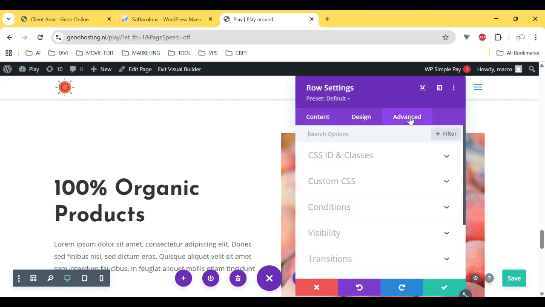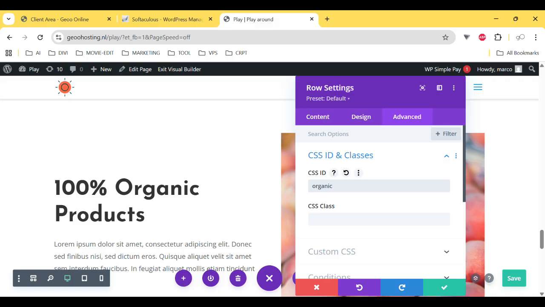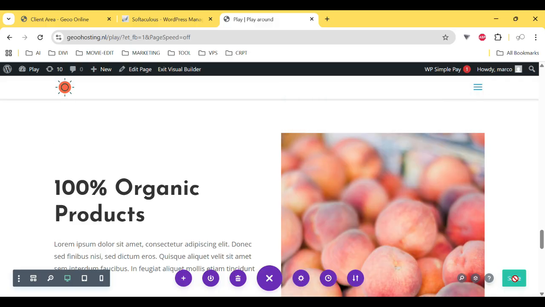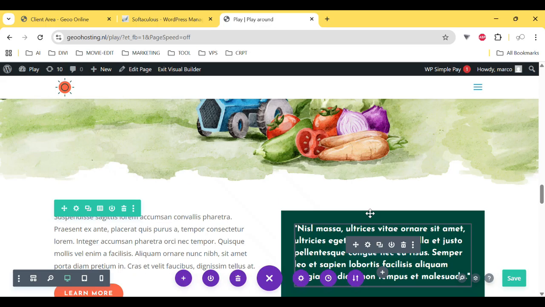I go to Advanced, CSS ID, and I give a name to this specific area of my homepage. I will call it Organic. Save changes. Then I scroll up again